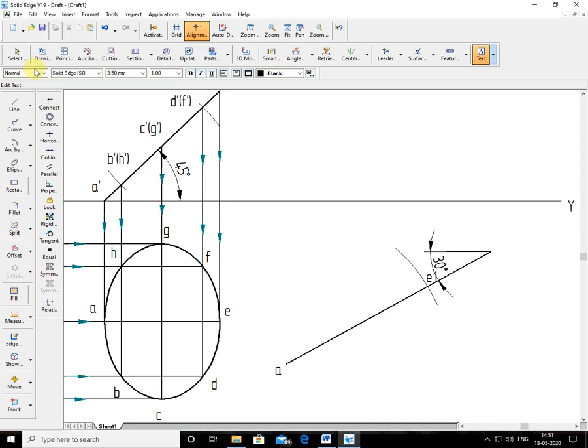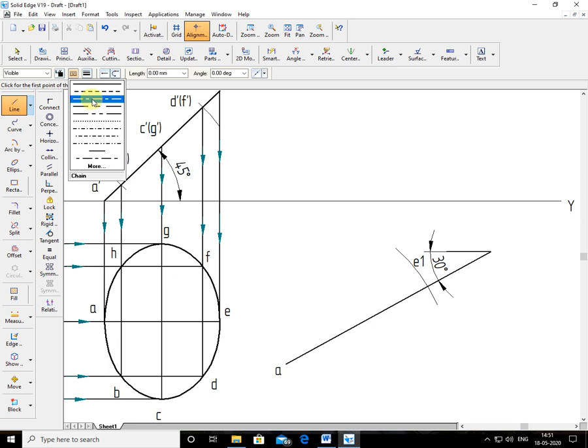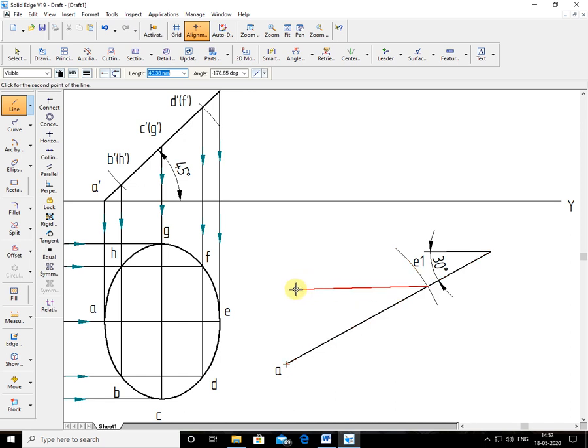Now I'll draw the locus. I'll choose the third line, chain line, from the intersection points here. You can see the intersection point here. See my cursor, so it is the locus on this side. I'll draw the locus line here, and the locus also on this side. Now I'll type here by text command: this is the locus of E. Remember, it is locus of E. So on that locus, I have to locate the apparent length.